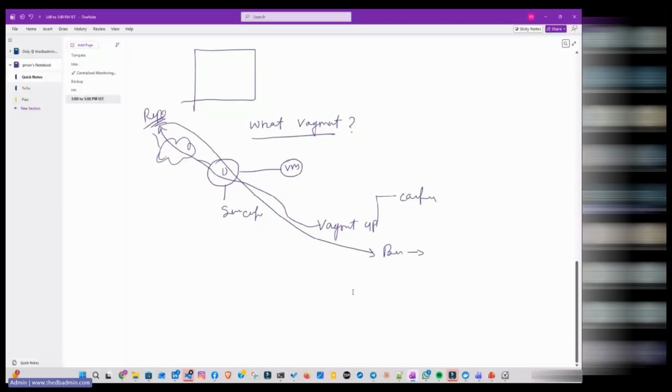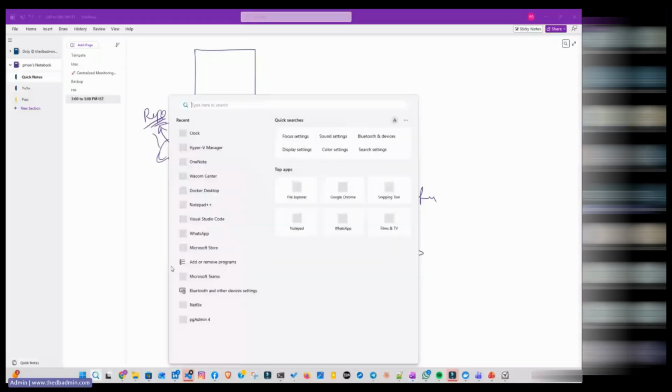Yeah, Hardik, you have a question? The way we are accessing the virtual machine is a different way, and Vagrant is a different way, right? No, basically it's like